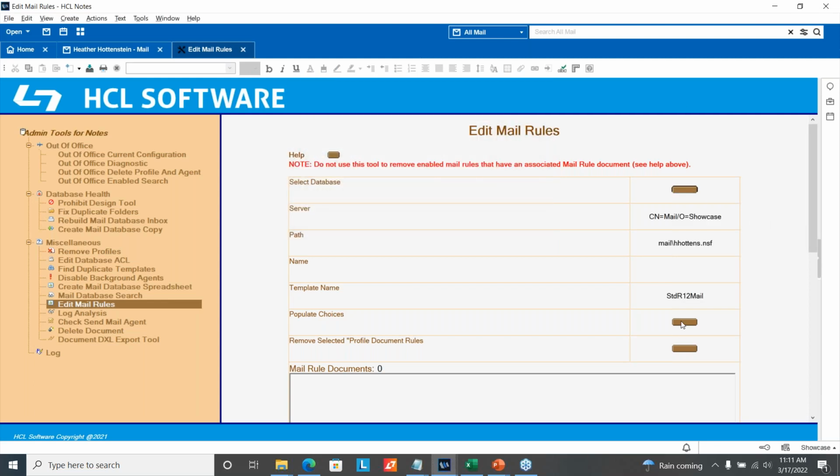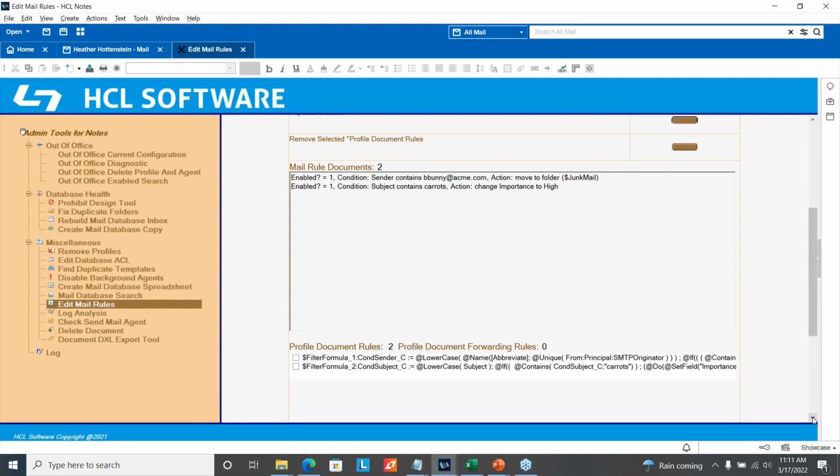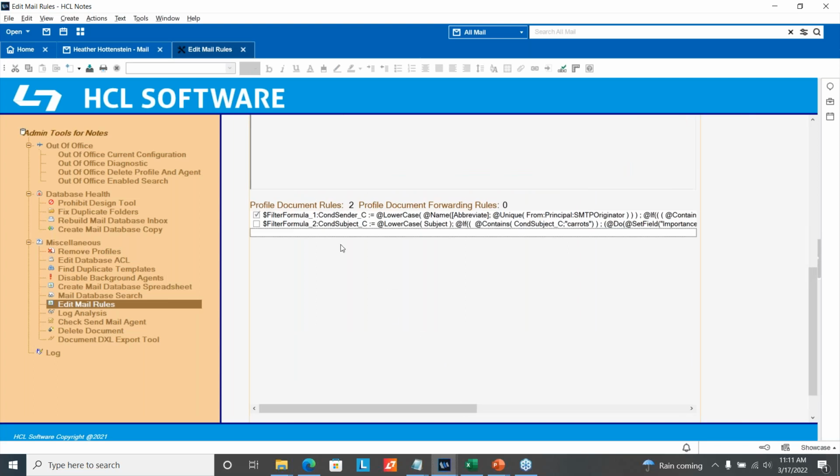And now I go ahead and click populate choices. Just going to go this moment. And you can see, just like I had on screenshot, I have the same two mail rules here. And I may say at that point, okay, well, I know for sure I want to delete this one. So I just go ahead and I select it. I can select just one, or granted, I only have two here, but you can select however many